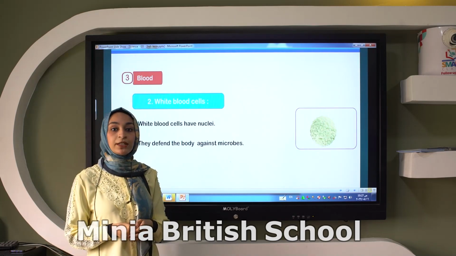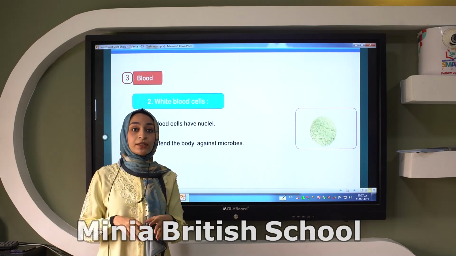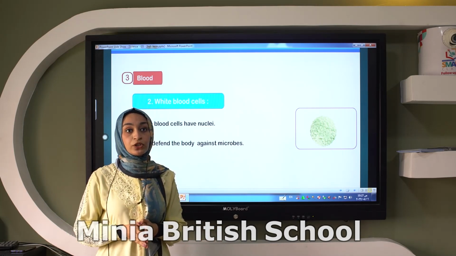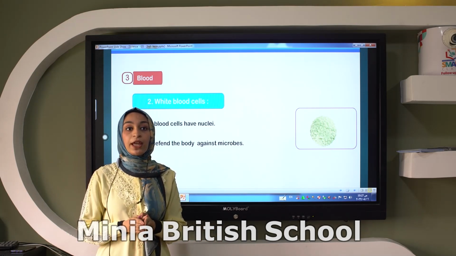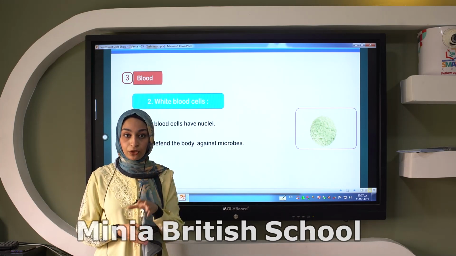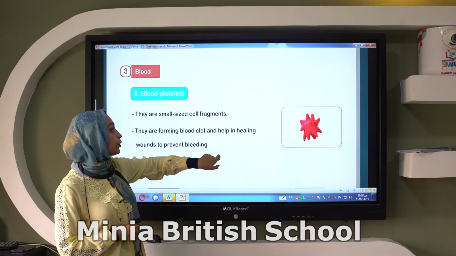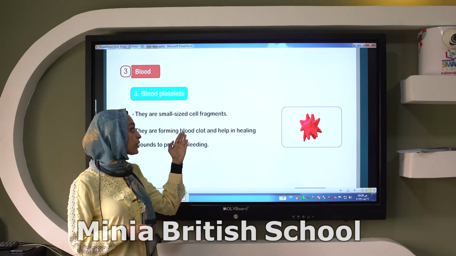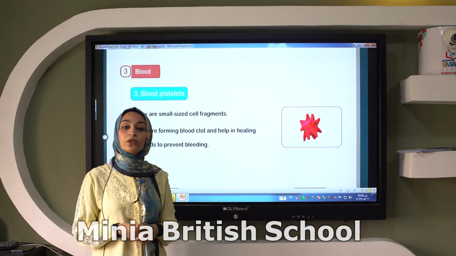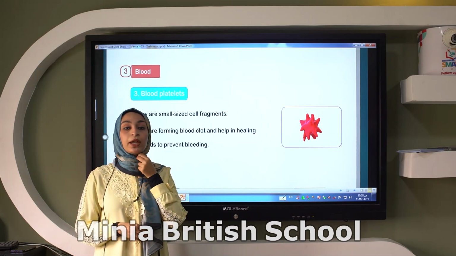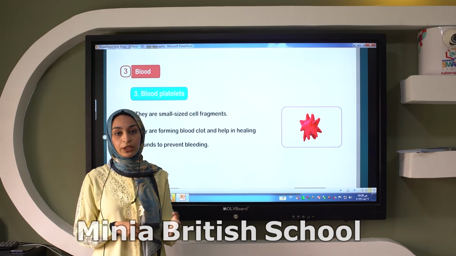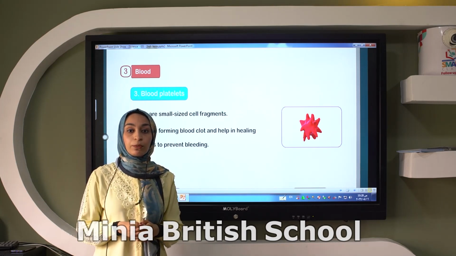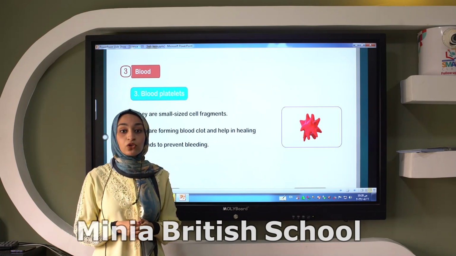The white blood cells are cells that have different nuclei, and they have an important role, which is defending against the microbes that can enter the body. The third part in the blood is the blood platelets. They are small, fragmented cells, and they are responsible for helping coagulation of blood, forming a blood clot, especially when your body is wounded, and stopping